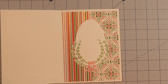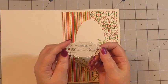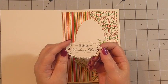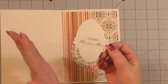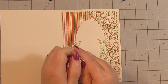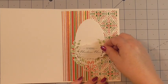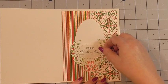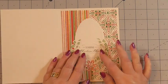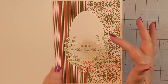Next, for the inside, I've die cut a sentiment from one of Anna's card kits, and I can't quite remember which one it was, which is quite naughty of me, but you could use any. I've simply die cut it, and I've got flat tape on the back. And we're going to add this just to the bottom, I think, covering part of our laurel and not part of it, if you see what I mean. So I'll add that, and then we've got a nice section that we can add our message to,